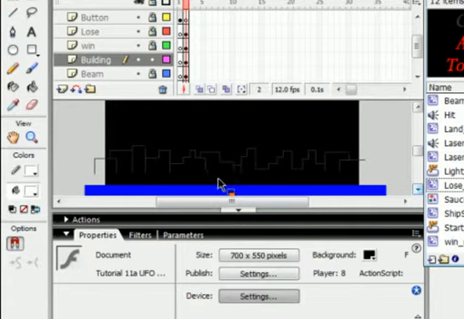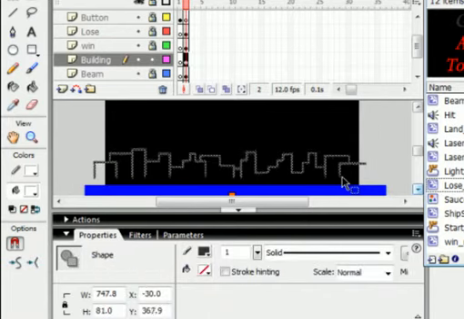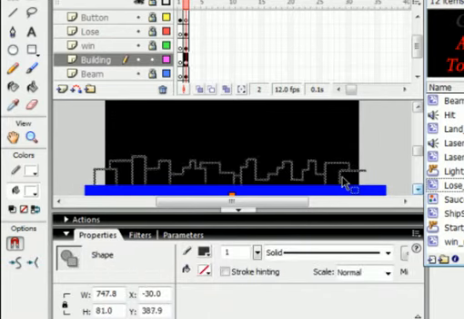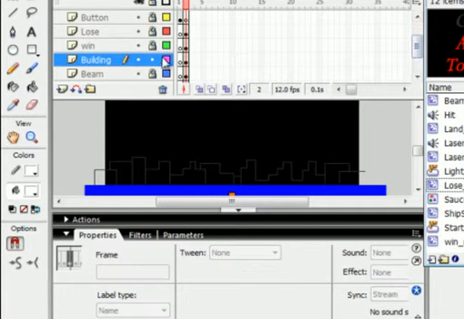These are my buildings that I'm going to use for my game, just so that it looks a little bit like some kind of a city. We're going to lock that buildings layer, and we're going to open up our laser movie clip,